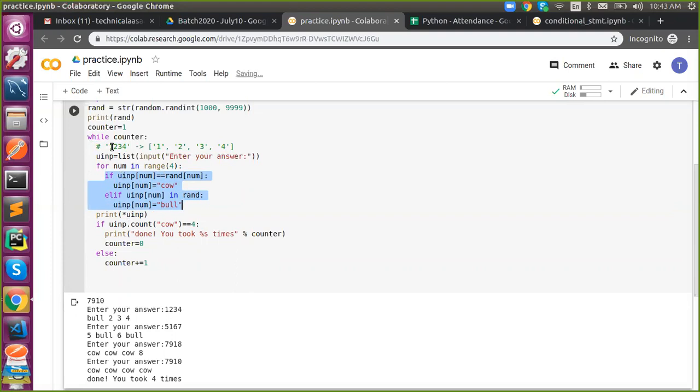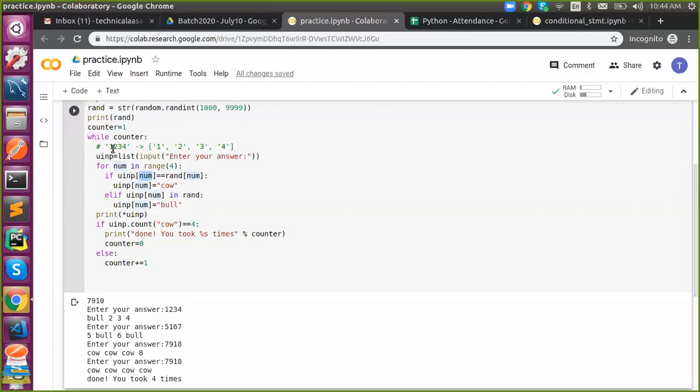based on its position, right? So the first time through the range, there is no relation between this for loop and this number. This for loop will give you a range of numbers between 0 to 3. I'm going to use that 0 to 3 as a position, as an index. Got it? First time this will give you 0. I'm checking u of input 0. The first time it says num is 0, right? U of input is the user input, that is 1, 2, 3, 4.